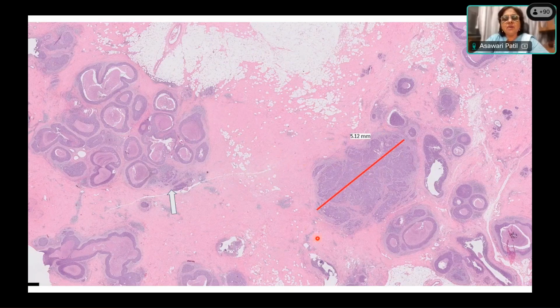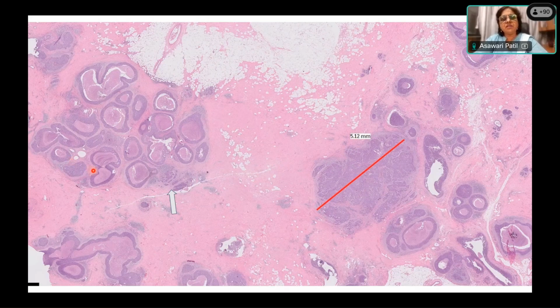So what do you think now? Is this still microinvasive? No, right? So now if it is a little bit more than 5 mm, we'll call it as T1B tumor. So that is why it is important, even if we call it micro-invasive on core biopsy, we have